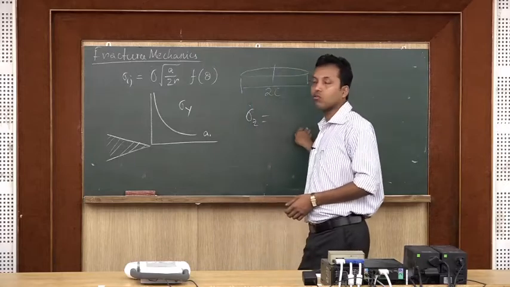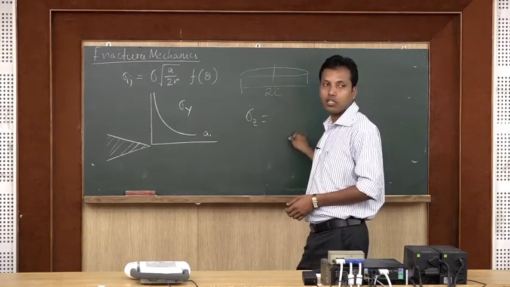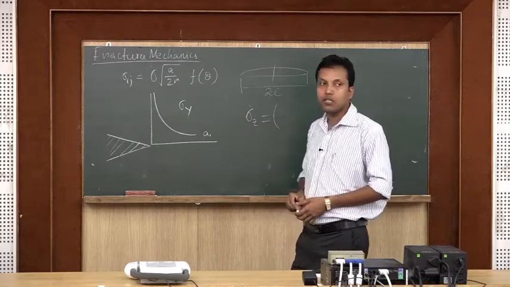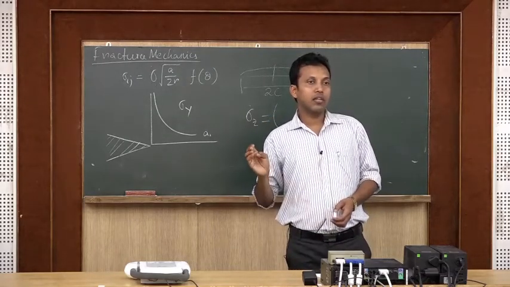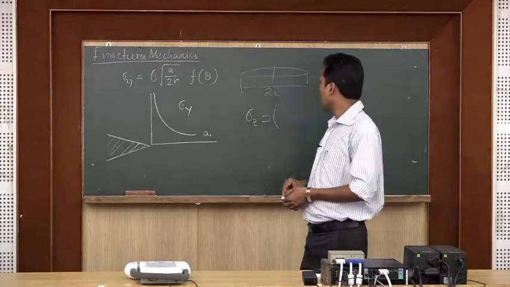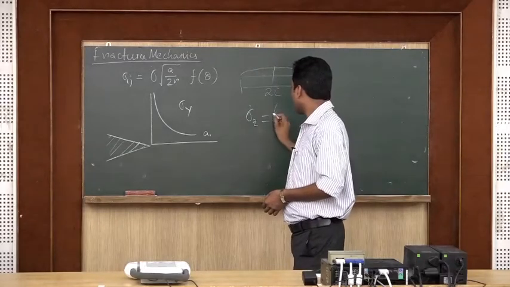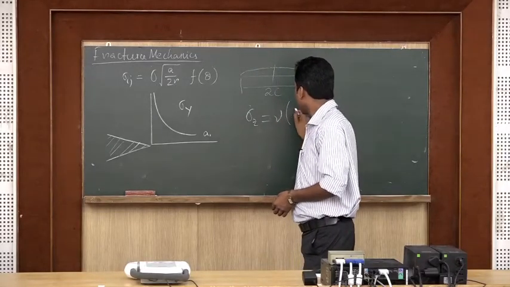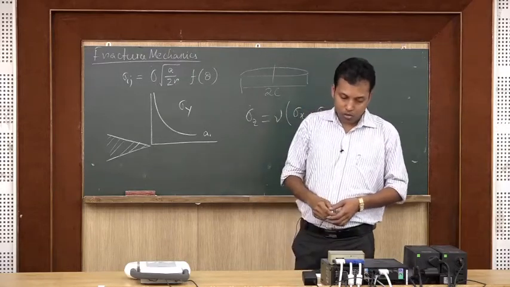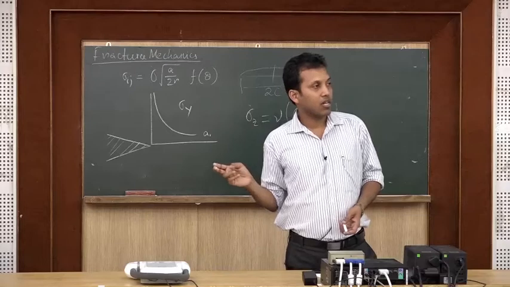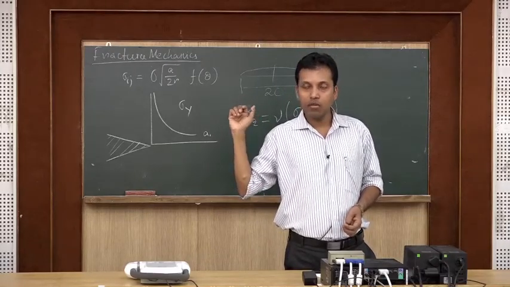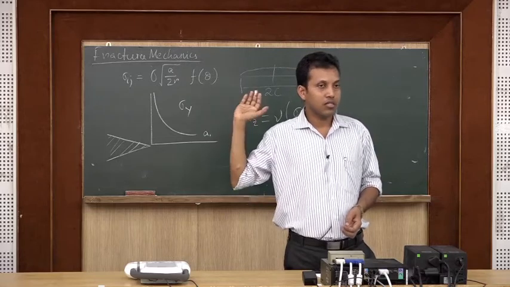Sigma x, y, those terms we have written in our last class, we have seen, and sigma z, if it is there, that means if the condition is plane strain condition where the specimen is thick enough, in that I have another sigma z term, and that is equal to nu into sigma x plus sigma y. That is why we have only written two equations in our last class, sigma x and y, and you have another sigma z term which is of this nature.